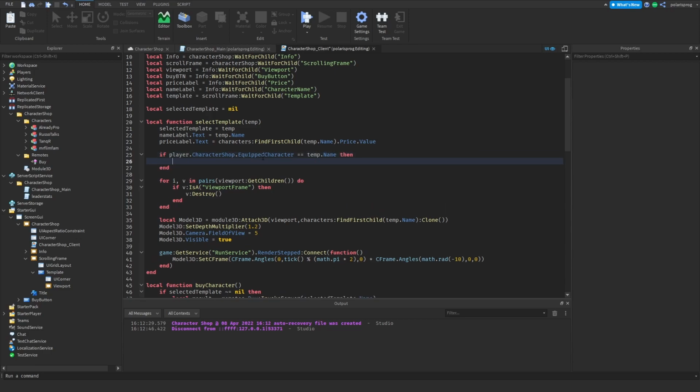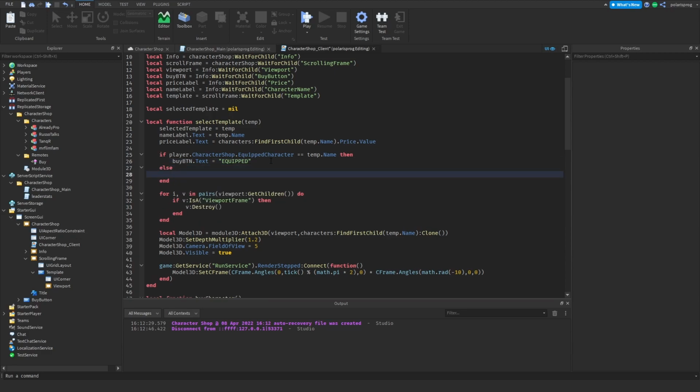Then we will do buy button.text, and we're going to change the text to equipped, and then we'll check